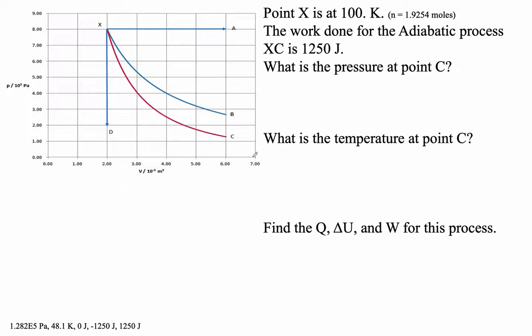Okay, so in this video, let me show you for the process XC, they tell us that the work done is 1250, but we ought to be able to figure that out, right? For XC, all we have to do is find the area here. Find this area. It'll be slightly less than the area. There we go, right? We want to find that area, and that area is going to be the integral of,